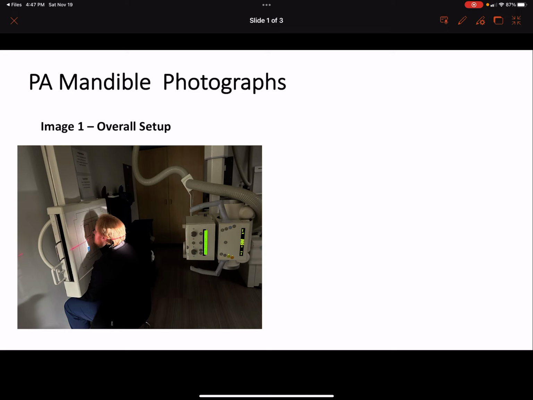Positioning Project, PA Mandible. For patient preparation, I met the patient, introduced myself, and verified with him the body of interest we were imaging